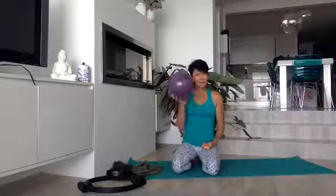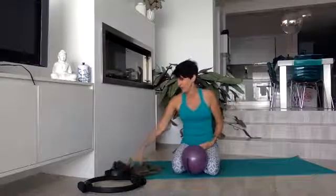So in saying that, we can adapt. We can use balloons for balls. We can use straps for